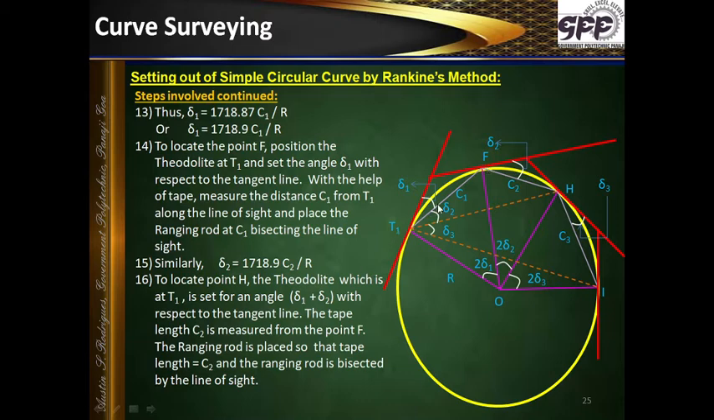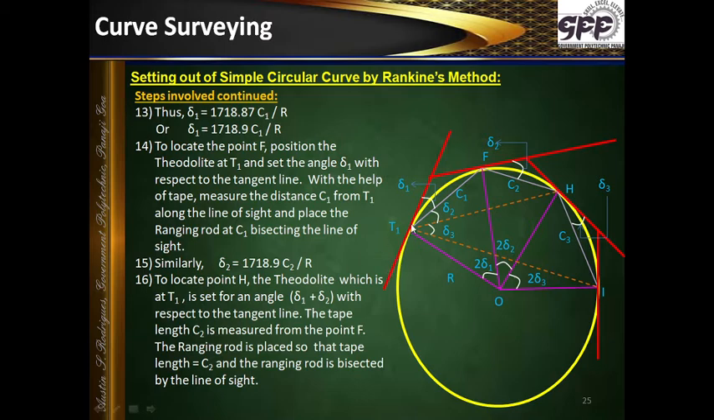Through the telescope, when the ranging rod gets bisected, it means I have got the angle as delta 1. At the end of this, if I'm keeping the ranging rod over here, that means the length is C1. That means I've got my point F well defined over there. Let me just repeat the process. What we do over here: